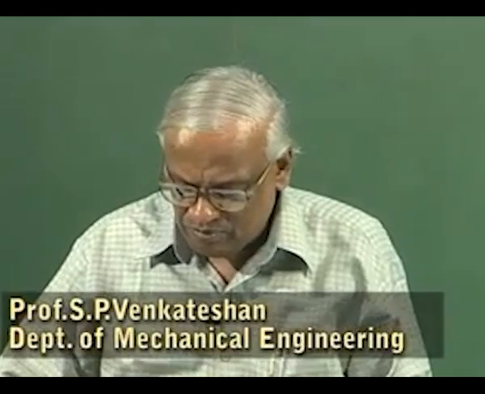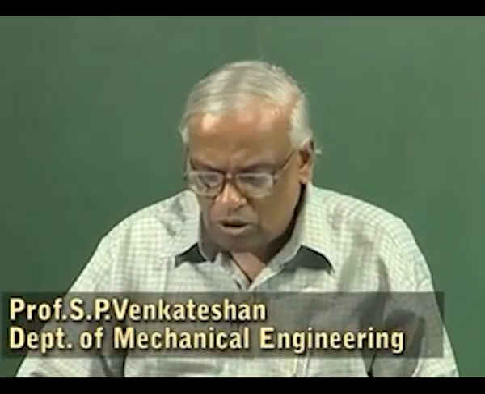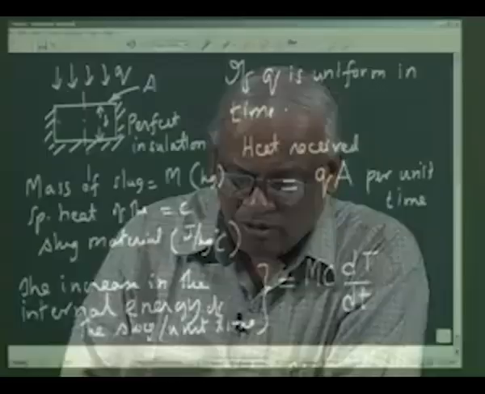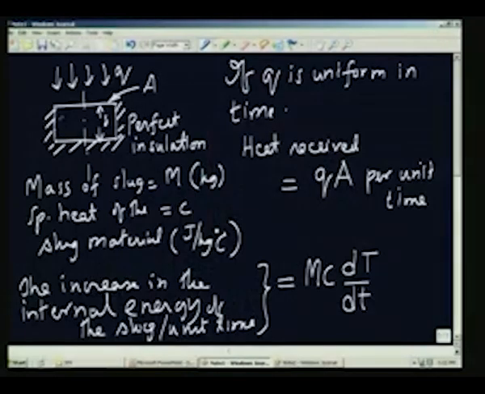If you go back to the previous note here, heat loss may actually take place all around the region surrounding the slug in all directions. But what I will do is equate it to an equivalent heat loss per unit area from the top surface. I will base it on the area A which is receiving the heat. Therefore, I will adjust the coefficient such that the heat loss to the surroundings is given by,